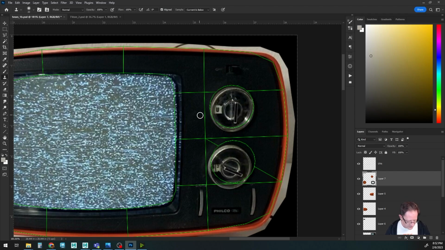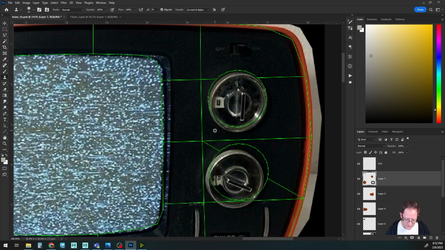So what stamping, or cloning, does is it samples an area of the texture and then moves it to another spot. So it is the tool of photo bashing. But we need to make a reference area where it's going to pull from. So right over here is where we're going to pull from. I hold down Alt and then I click once. Then I lift up Alt, and now if I go over here, you can see that it's drawing with a darker color. And now you can also see where it's pulling from because it has the plus sign over there. So I may have to change where it's referencing a few times